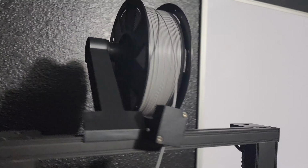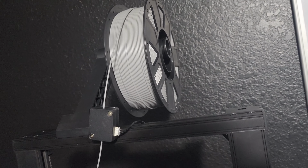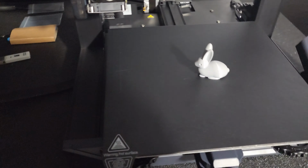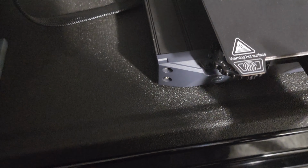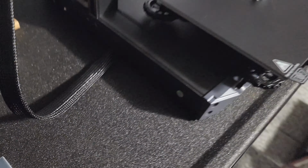So I'm just using the spool. I could have used this, but this was on a plastic spool already, and I figured, okay, it'd be better because it's gonna spin. So I have another print that I'm gonna do, and I think it's a flat print. It's actually the handle here. There's 2 bolts. I think it came with the kit. I'm not sure. But anyways,